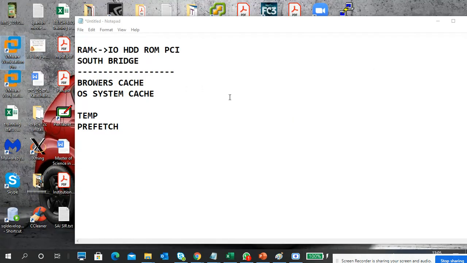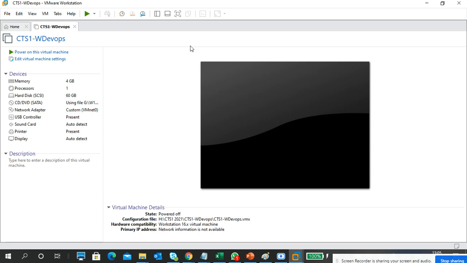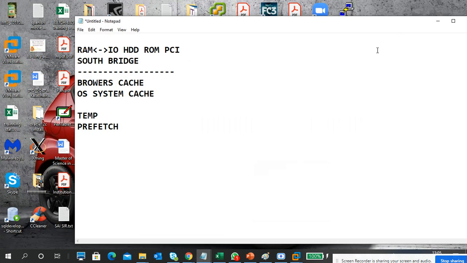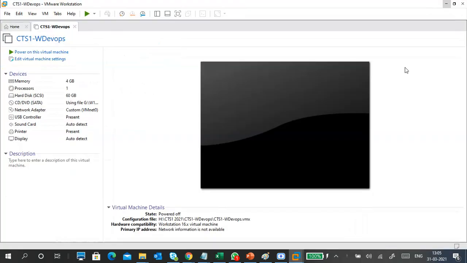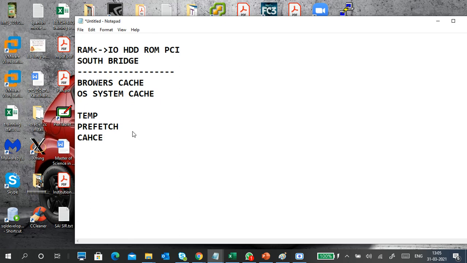Again I open. Maybe the second time it will open a little bit faster than the first time. How is it possible? Because in your prefetch location, the supporting applications are already there, the supported prefetch things are already there, so it will open very fast. So that is one of the advantages of this prefetch, or what we call system cache things.